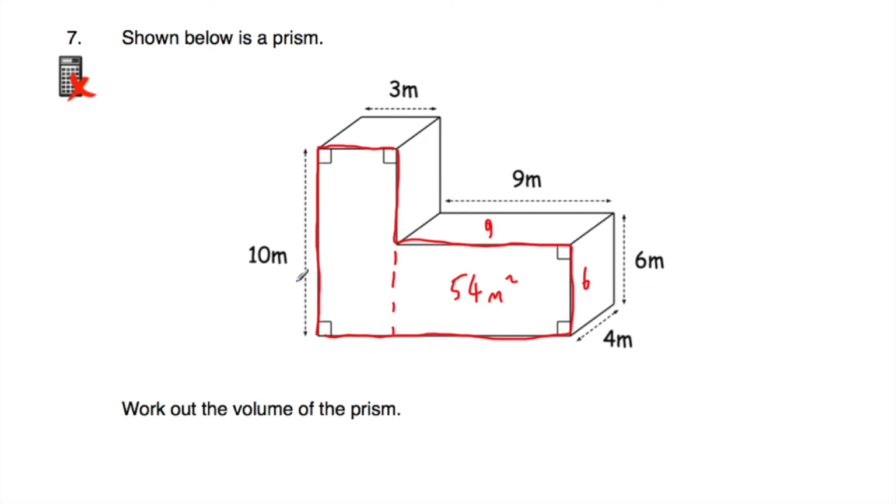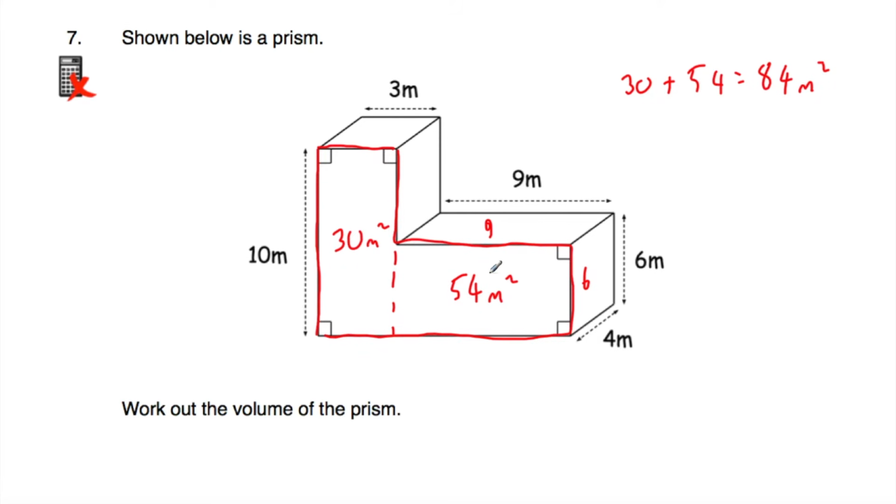Now let's find the area of this rectangle. So if this length is 3 meters, that means that that length is 3 meters. And if we do 3 times 10, that's equal to 30. So 30 meters squared. So that means the area of the front of this prism would be 30 plus 54, which is equal to 84 meters squared. So that's the area of the front of this shape, the area of this L shape, which is the cross